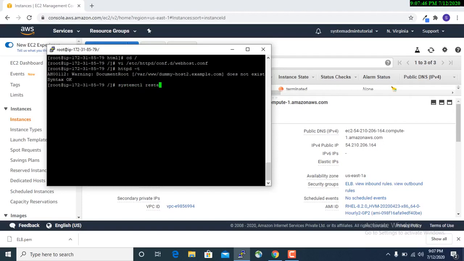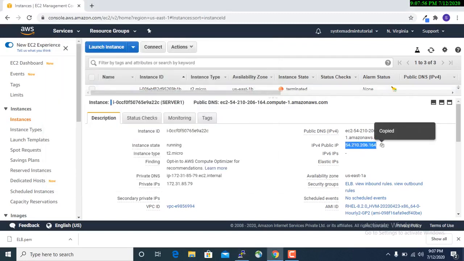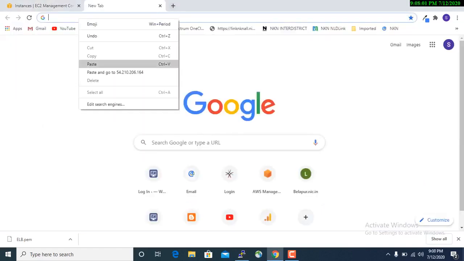This is used to check whether the syntax is okay or not. You can see the syntax is okay, and one error is there, that is for the second container, because I have not modified the second container. The host name, that directory, is not resolving. That's why we are getting the dummy host is not found. But we are getting syntax is okay. Now you have to restart the httpd service.